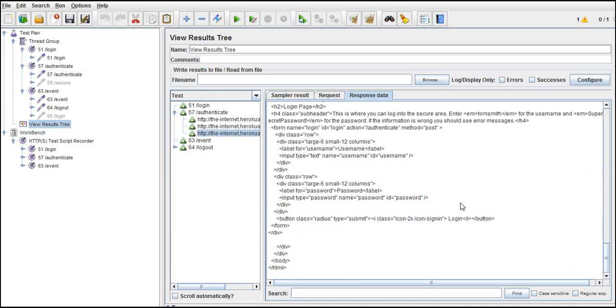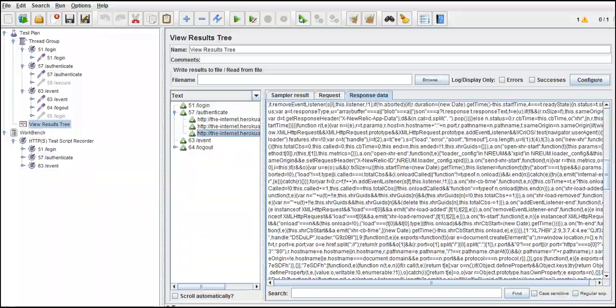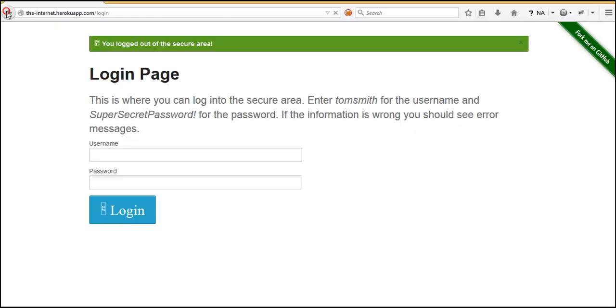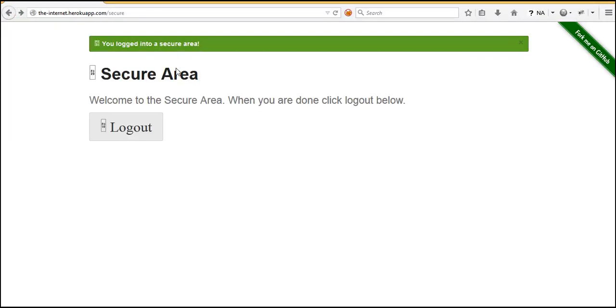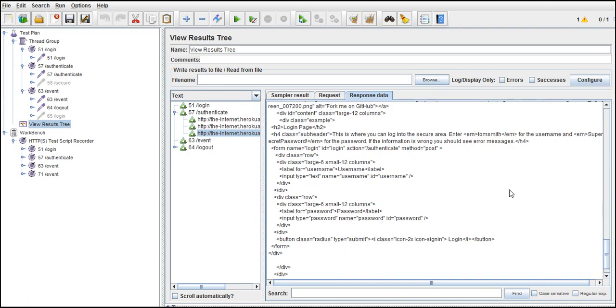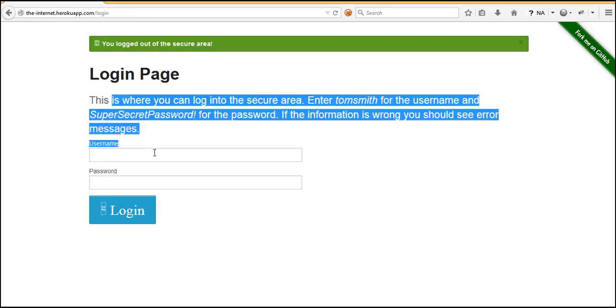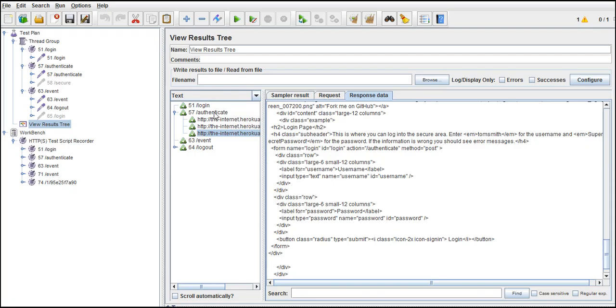That means something fishy, right? So that's what I'm saying. Here it's shown as a green tick, but ultimately when you see your response, it's still the login page. For this authenticate request, the response should be the home page of the secured area. This one. This text we need to see in the response, but unfortunately here we still see a page of login information. This text we are reading in the response is wrong. Once we log in, we should see that.